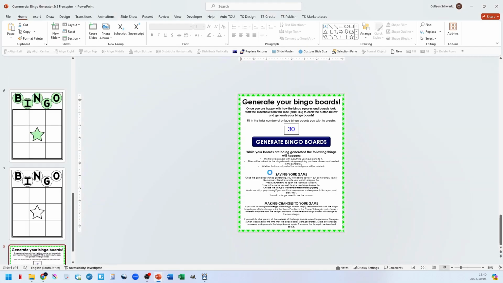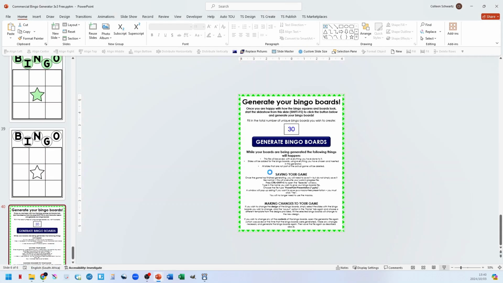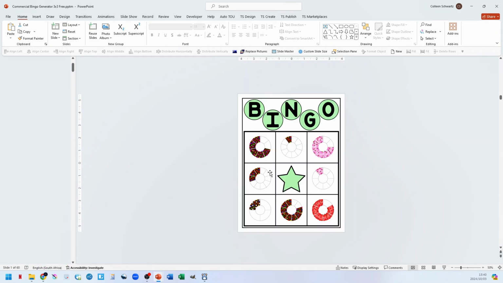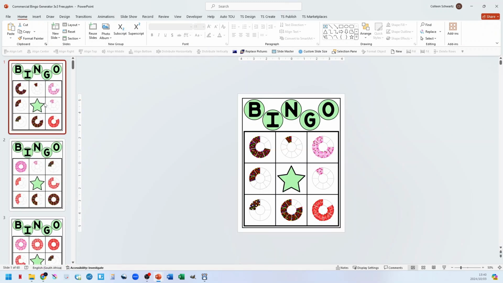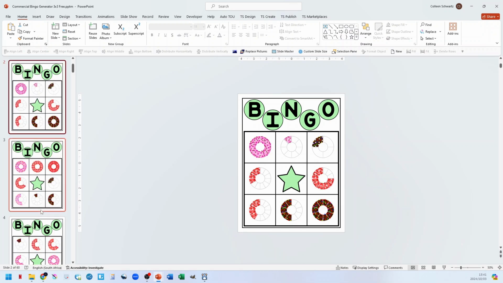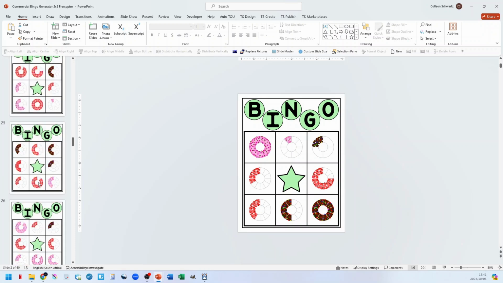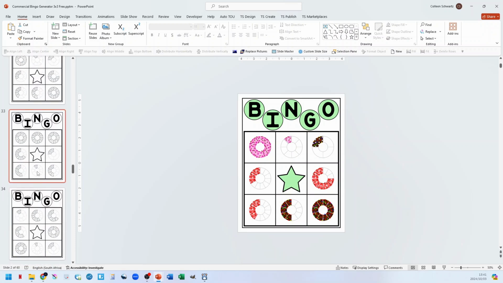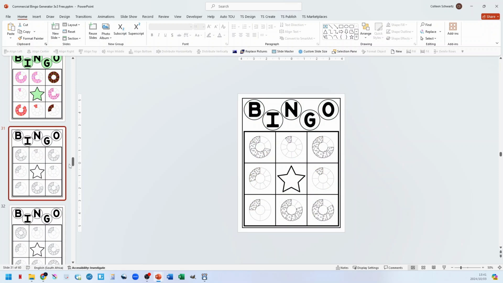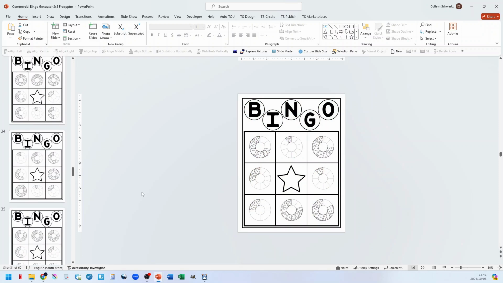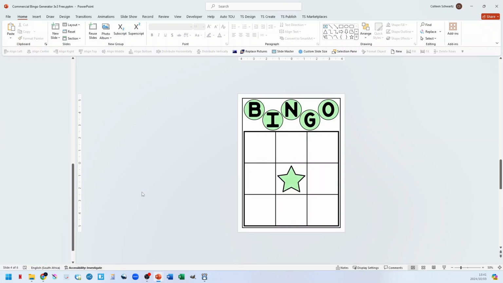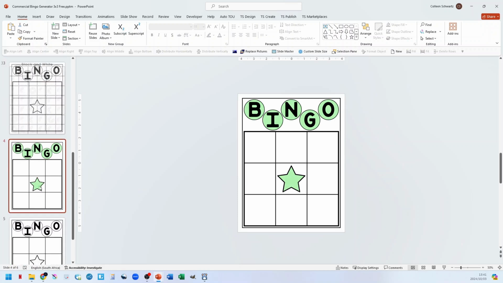And now when I generate my boards, again, it saved it with all the content that it had before starting to create the boards. And now you can see I've got the boards over here using the design that I chose. Okay, and once again, my boards have been created in color and in black and white. So over here, I've got the black and white ones as well. Okay, so now I'm going to go and undo. And now I'm going to show you the